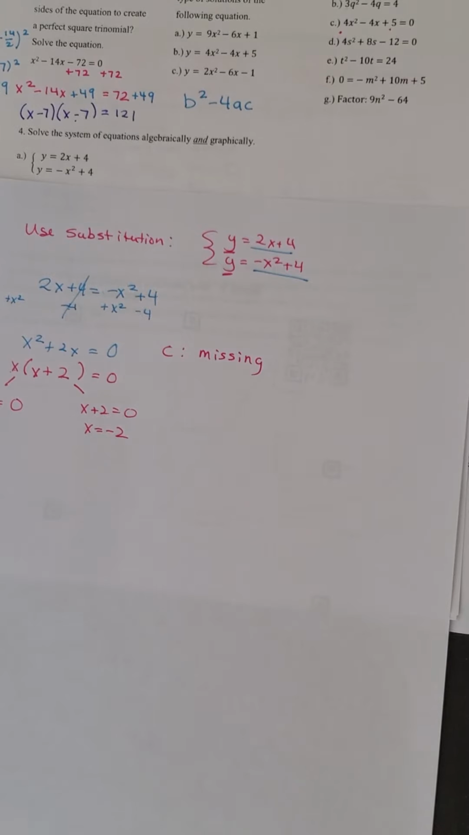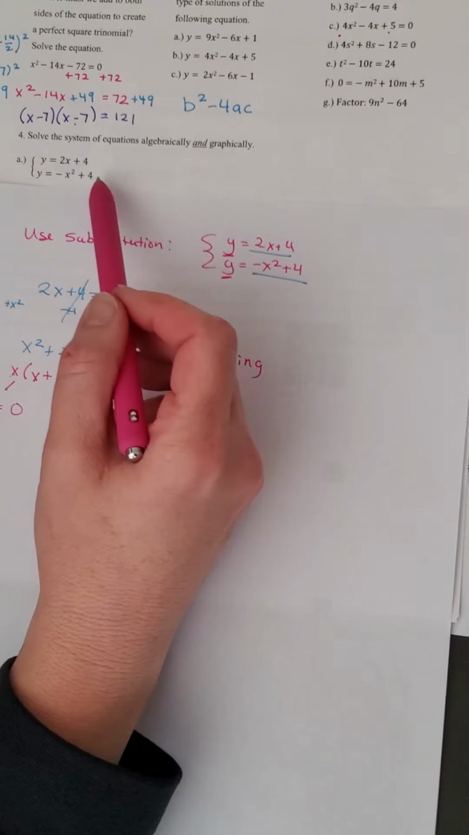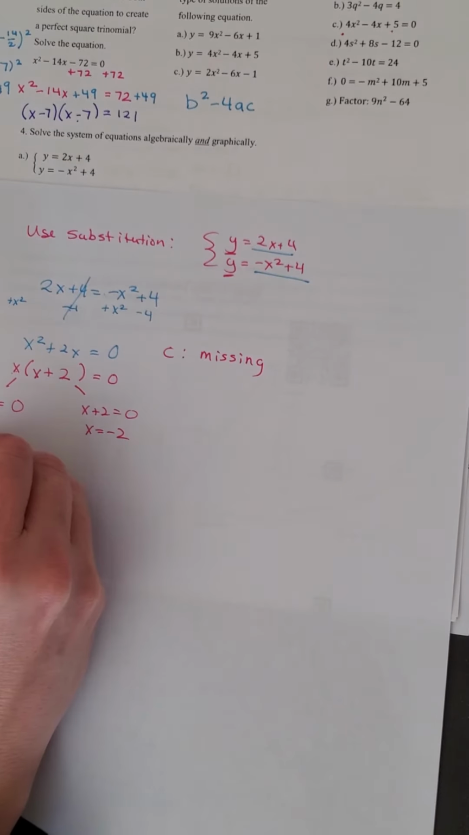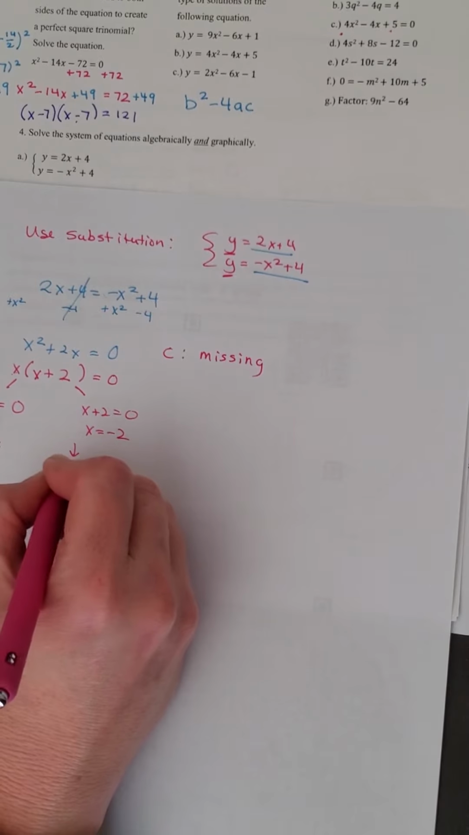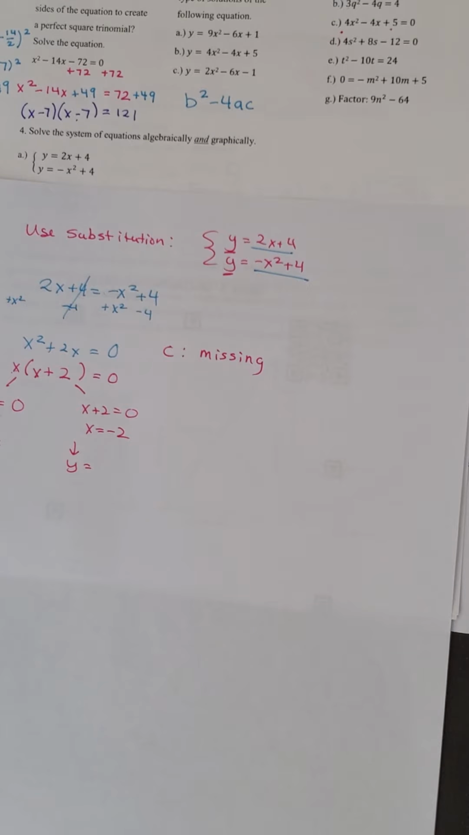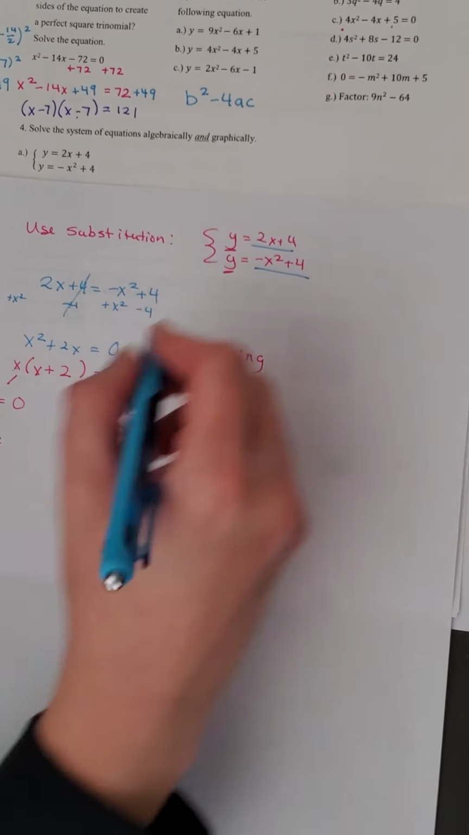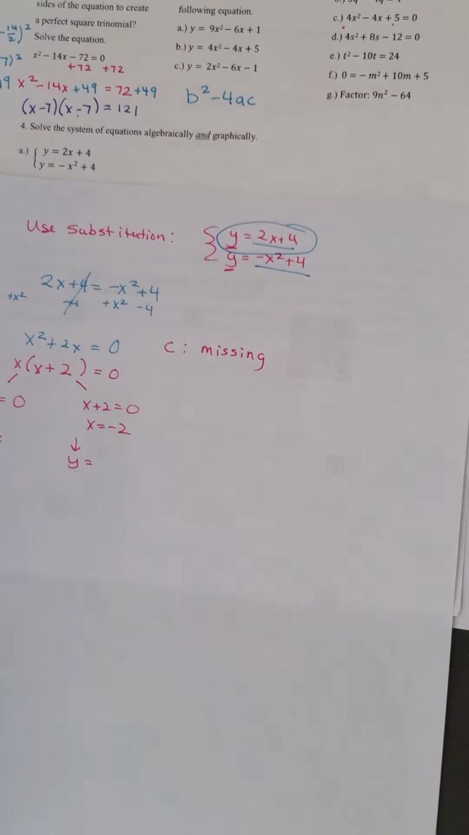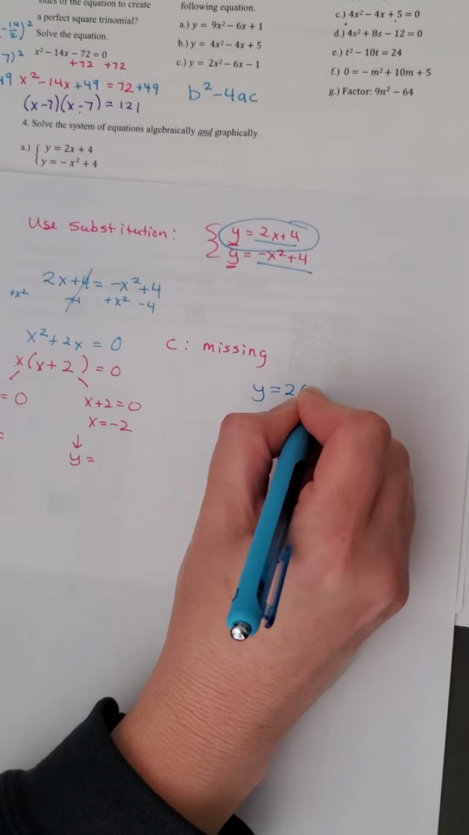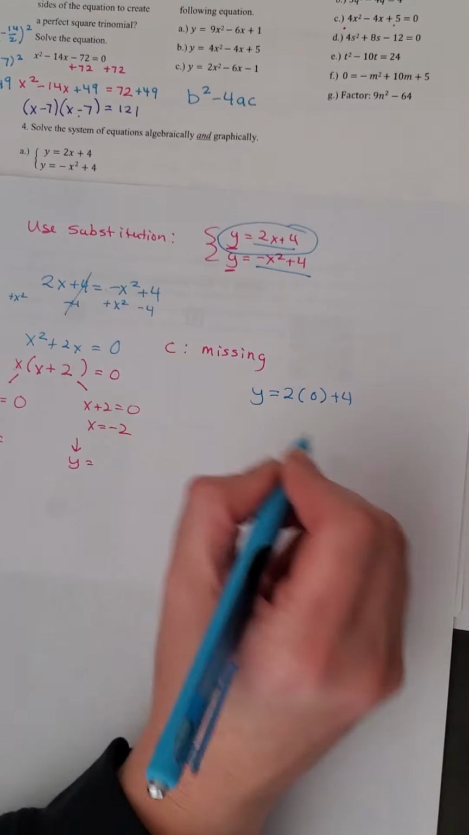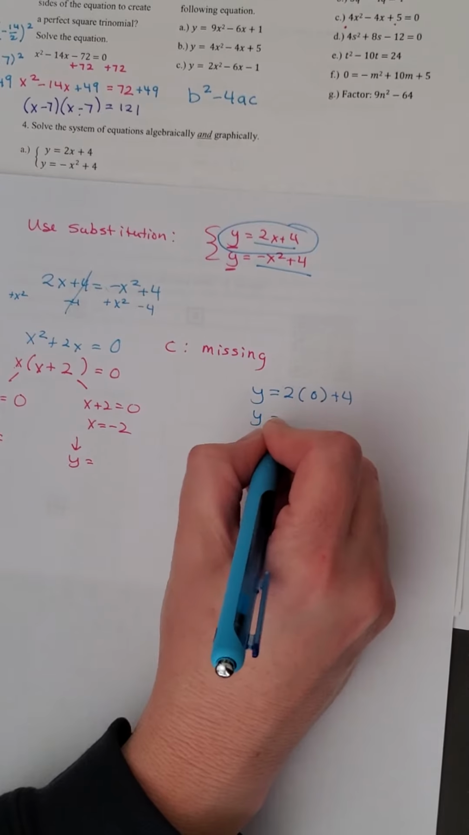But now remember, I'm looking for a solution to the system, which means an x comma y. So I have to find out y for each x. To do that, I'm going to take my 0 and substitute it into either equation. I'm going to pick the top one. Y equals 2x plus 4. So when x is 0, y is